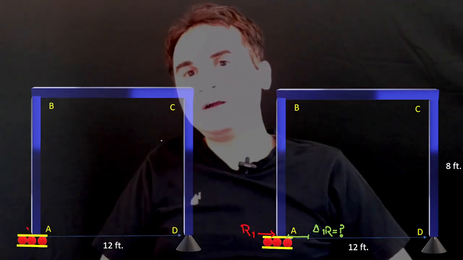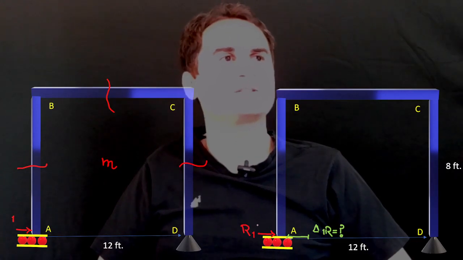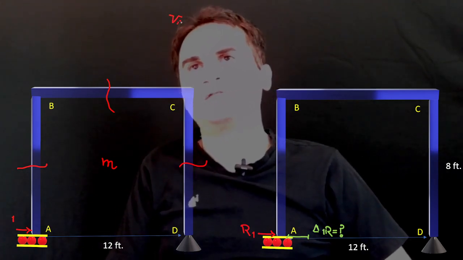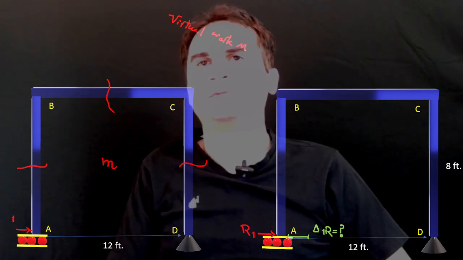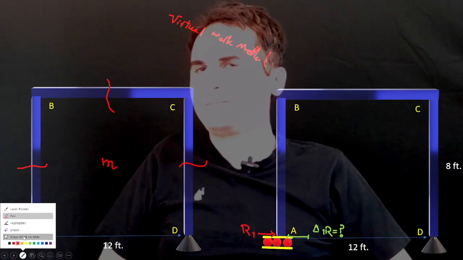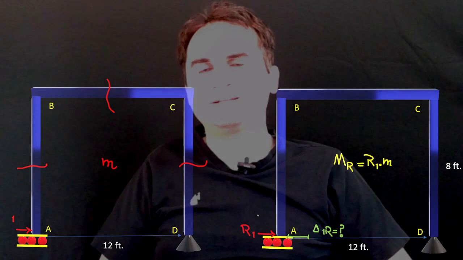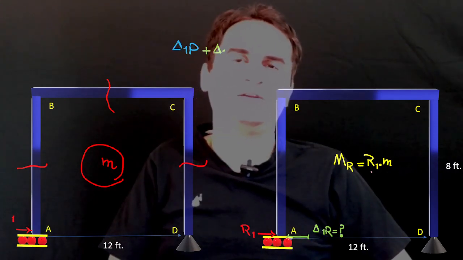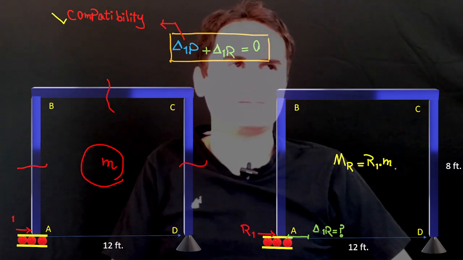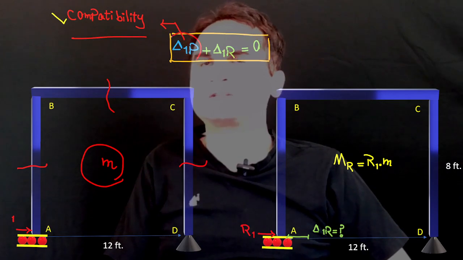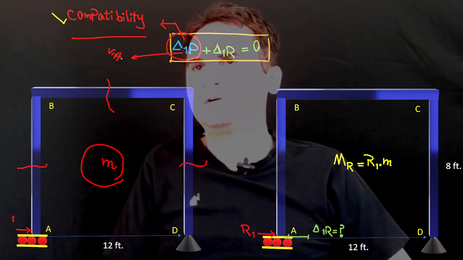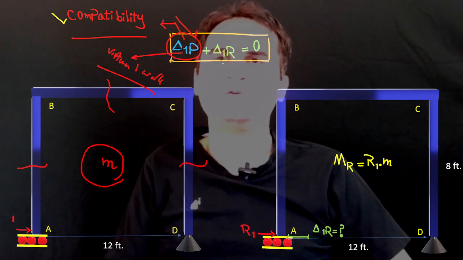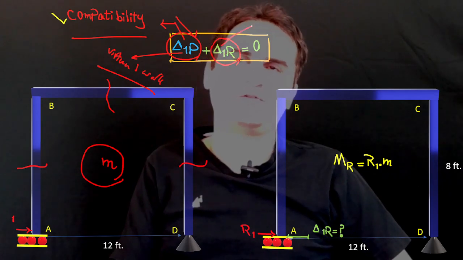With this approach we convert our indeterminate frame to a determinate frame, and then we can simply solve it by the virtual work method for the determinate part. At the same time, if you consider the virtual part, you list all the forces from the structure, and you consider the capital M like the reaction times small m, and with the compatibility equation we solve based on the virtual work approach, once for calculation of delta 1 P due to the real load, and the other one delta 1 R for